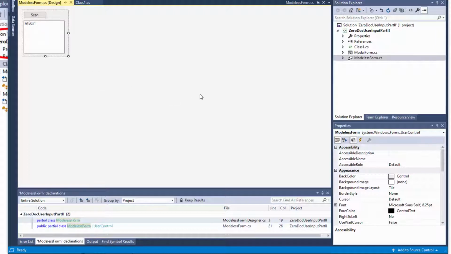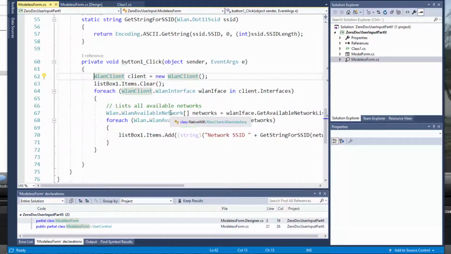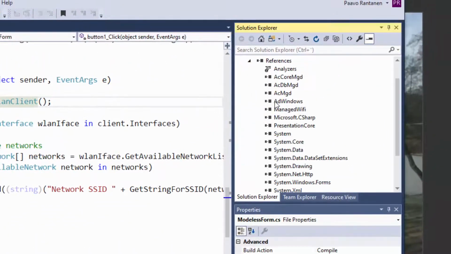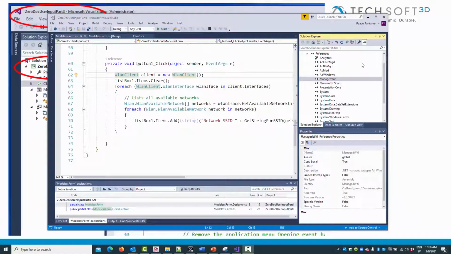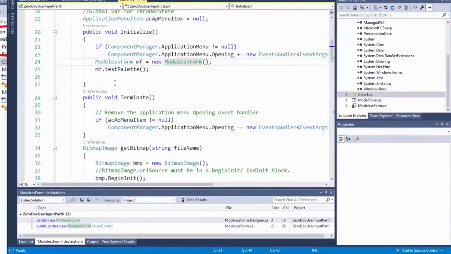We add a button and a list box item, and in the handler of the button we fill the list with all Wi-Fi networks we can detect. Looking at the code again, we have the same stuff for the application menu, except we remove some of the standard stuff in there.